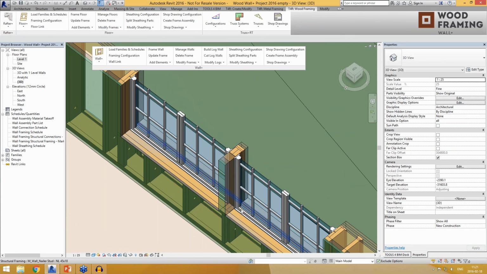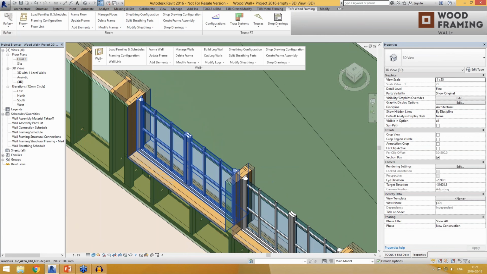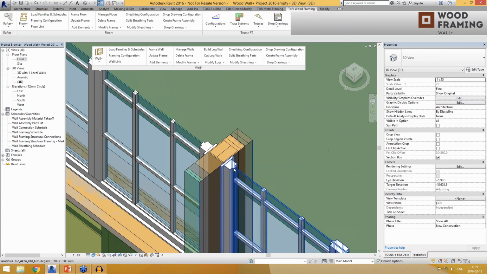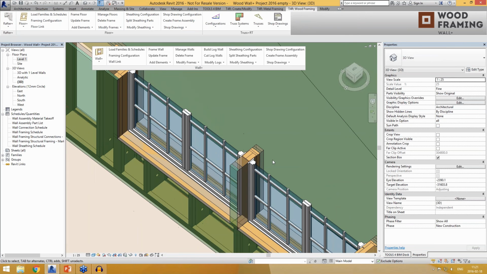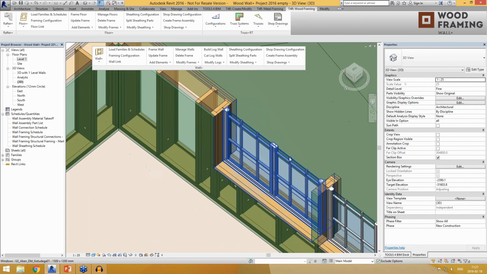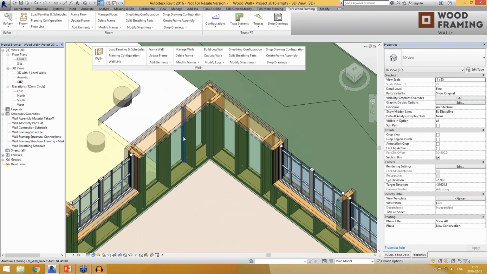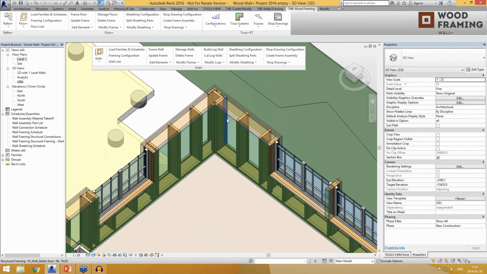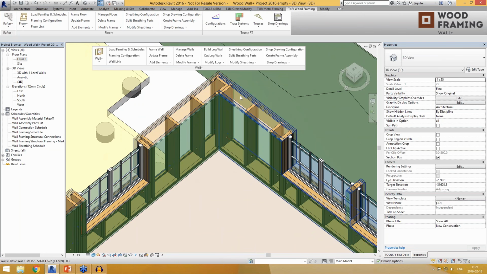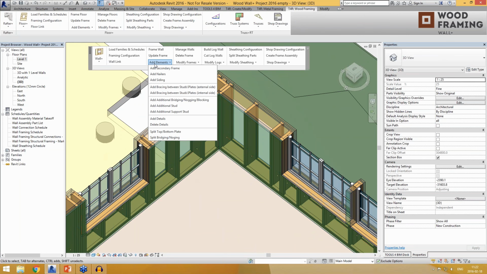between them. If you don't use such scenarios in your workflow, you can just make simple framing, but we just want to show you such possibilities and what kind of really complex connections you can make automatically. Okay, and after adding nailers, we can add the siding, but just before that, I just